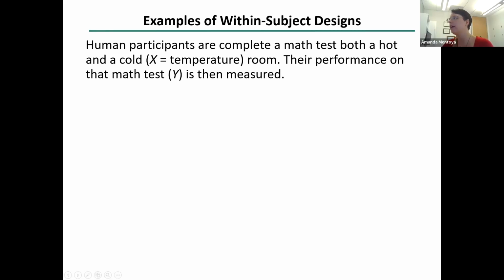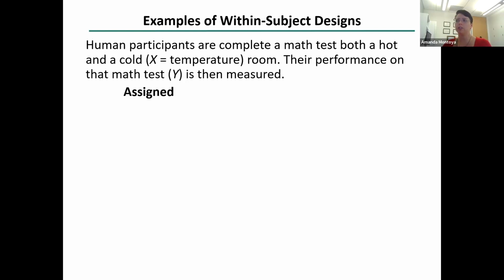Let's share in the chat whether we think this is observed or assigned. Okay, I see a lot of assigned, a couple observed. So for the most part, we would consider this assigned. But then again, if we were measuring the actual temperature within the room, and there might be some variability there, then we could also think about this as somewhat observed.